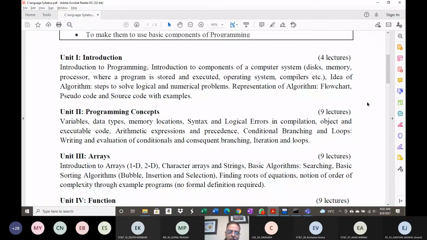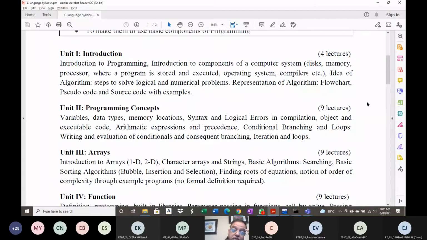So now we will start with unit 2. Whenever we write a computer program in any language, we would like to store the values of our computation, the intermediate values and also the final values, in some memory variables, so that we can use them for later purposes or for displaying them on the user interface. So these are the uses of variables. We have variables where we store the values.